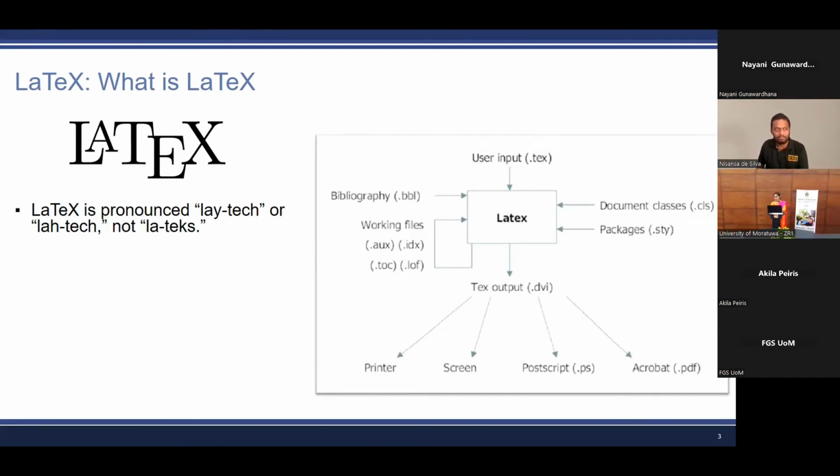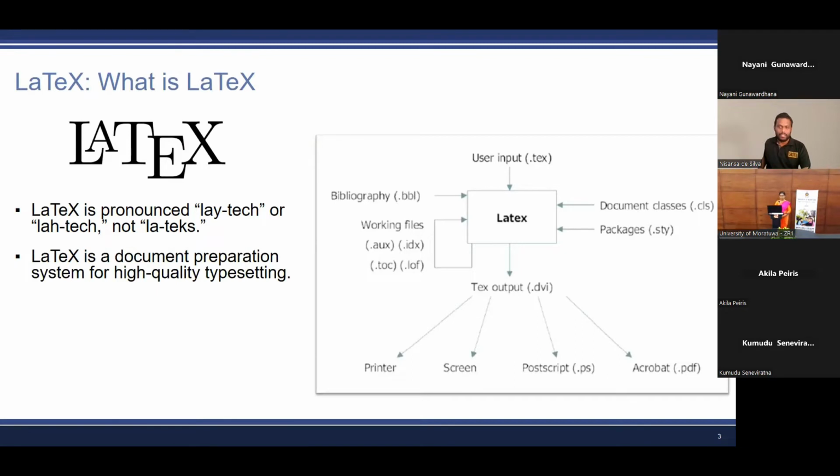Mostly British or American pronunciation. Right. So, in essentiality, it's a document preparing system where you can enter what you want to see in the document and get it rendered or get it created on the other side.